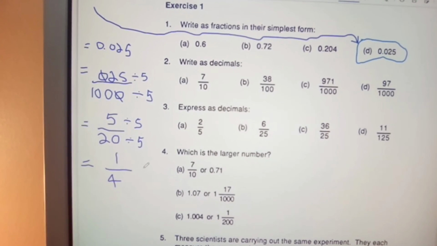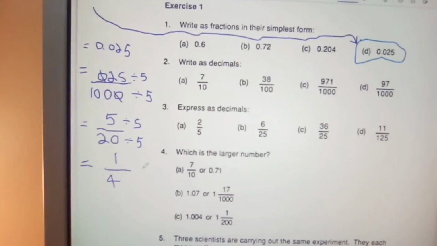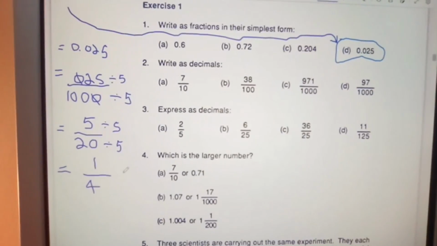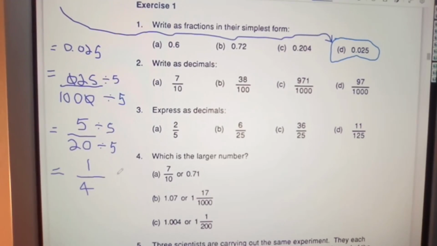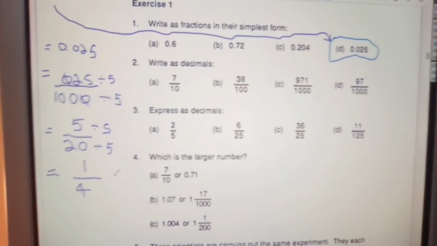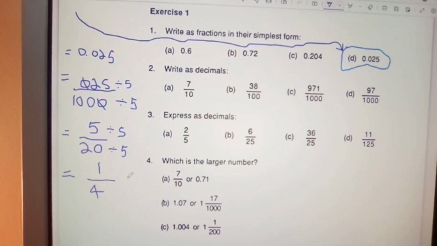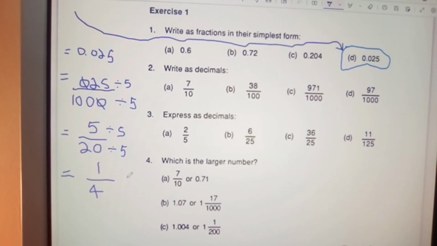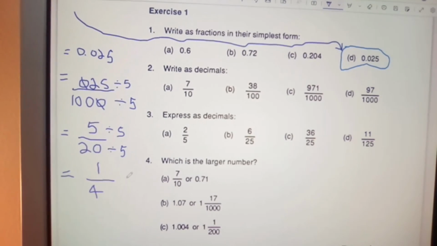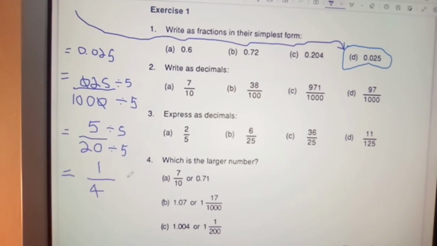Okay, that's going to be it for now. If I have any discrepancies on this one, I'm going to get back to you on that. But if you feel that there's something I've done incorrectly here, please do let me know. Okay, I'm always willing to learn myself. Because in its actual format, it would actually be